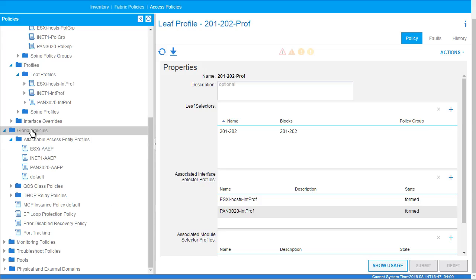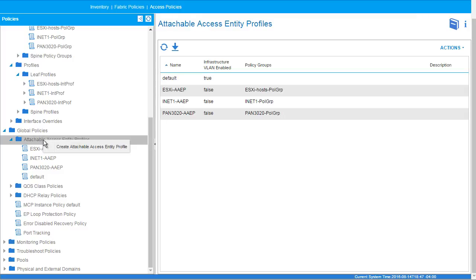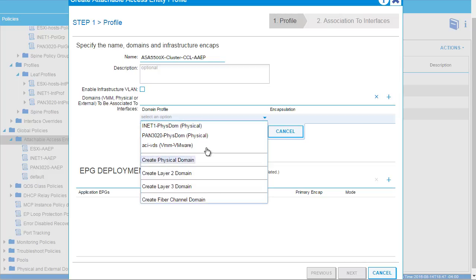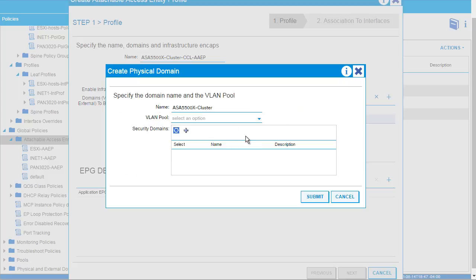So we're going to create two different AEPs for the ASA cluster. ASA 5500X cluster. Let me just copy this so I can have it. And we're going to create the CCL, the cluster control link, first. So we're going to create a physical domain. We're going to do CCL pool,